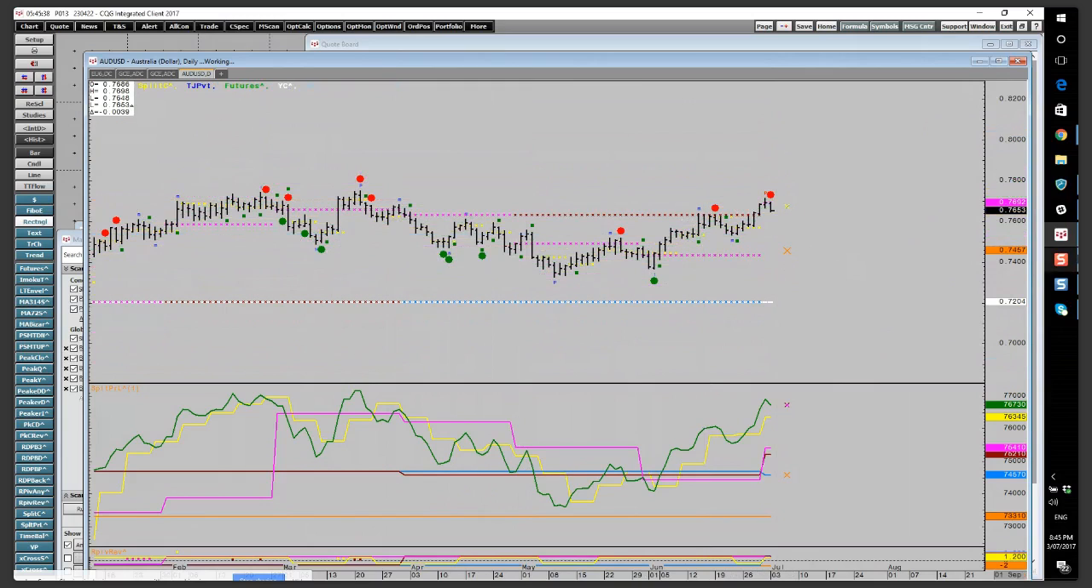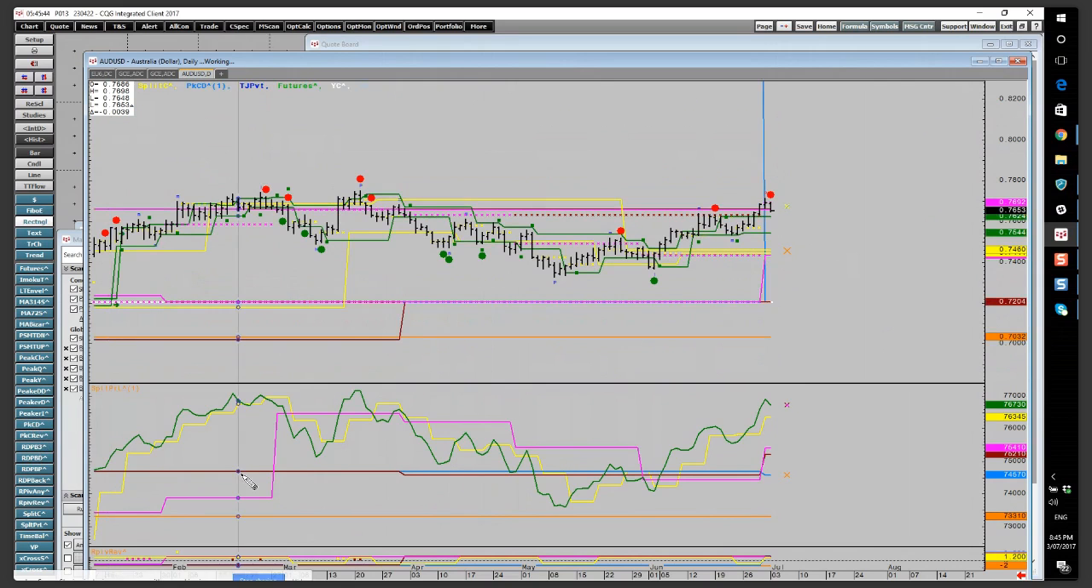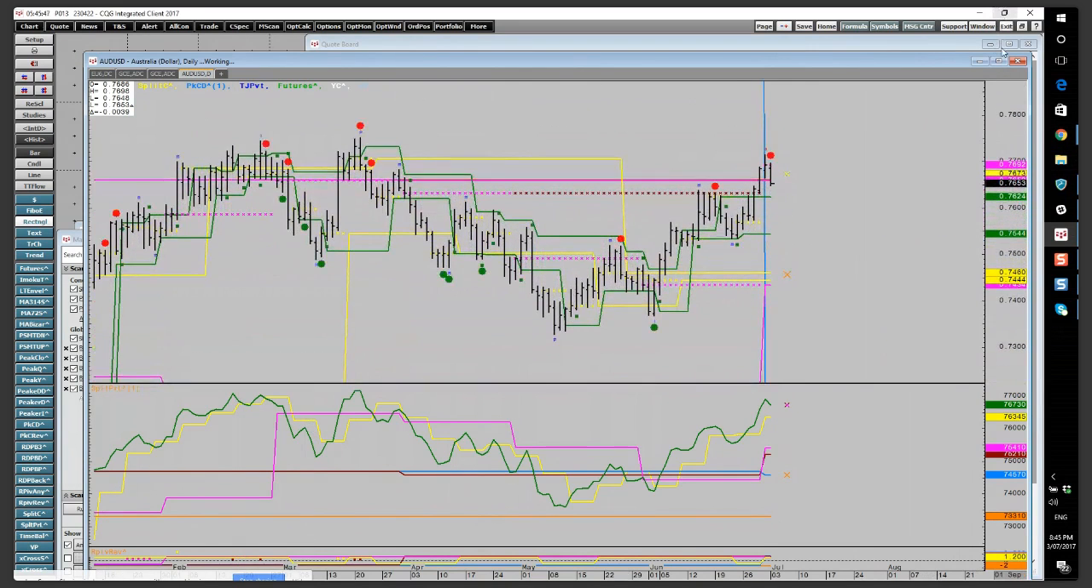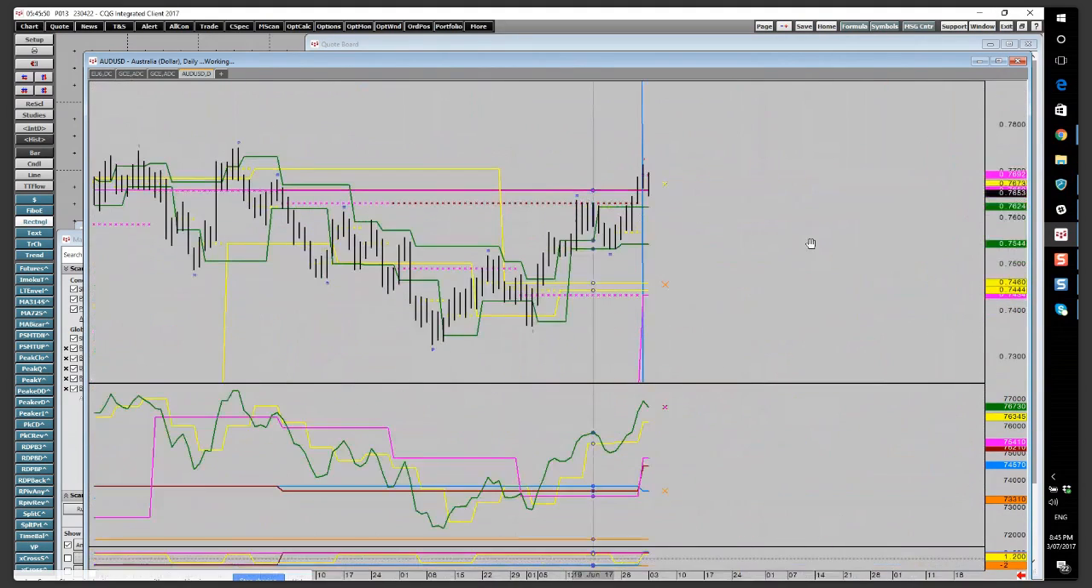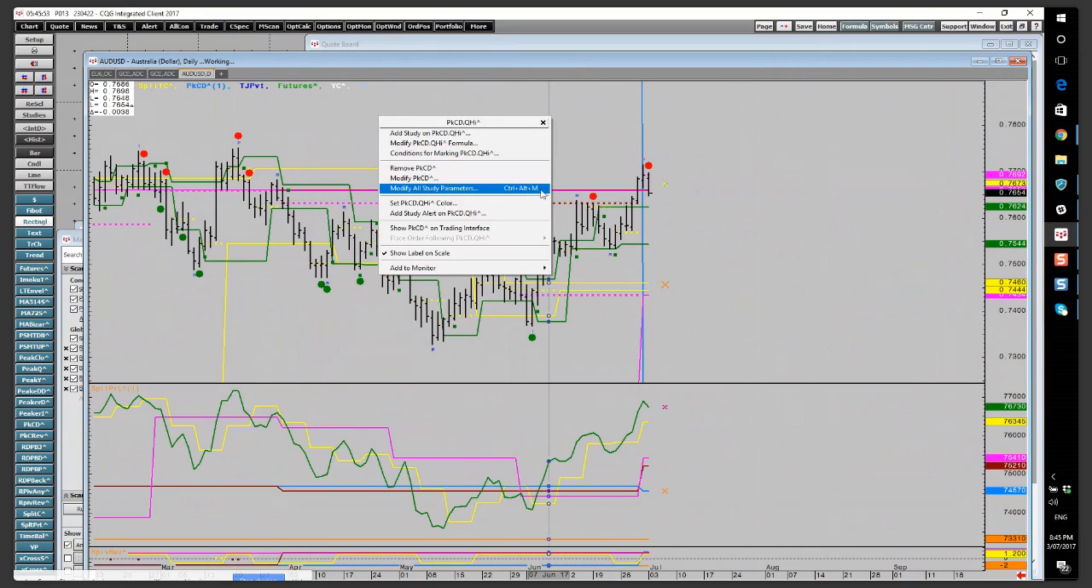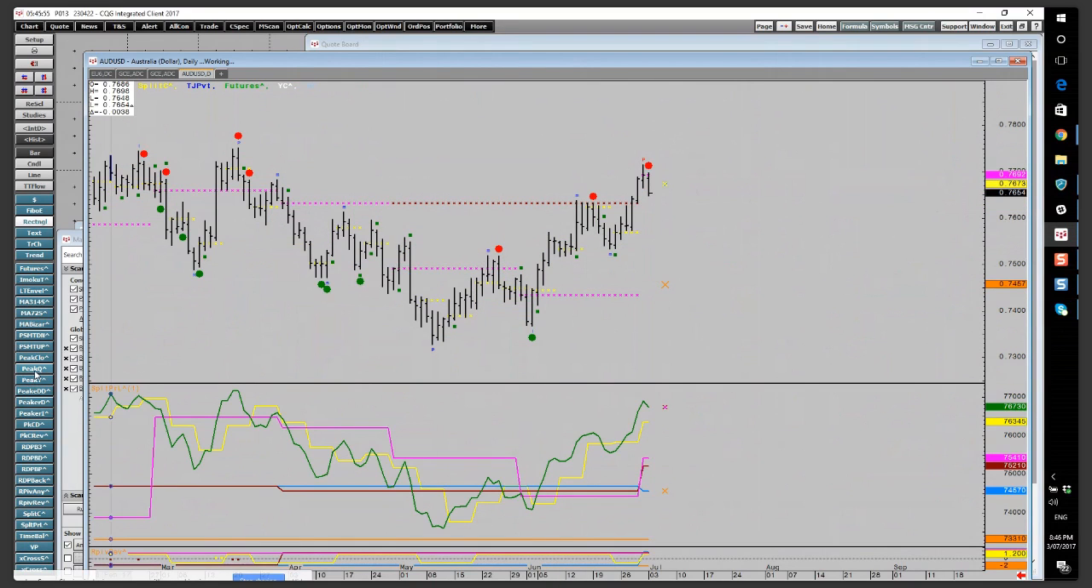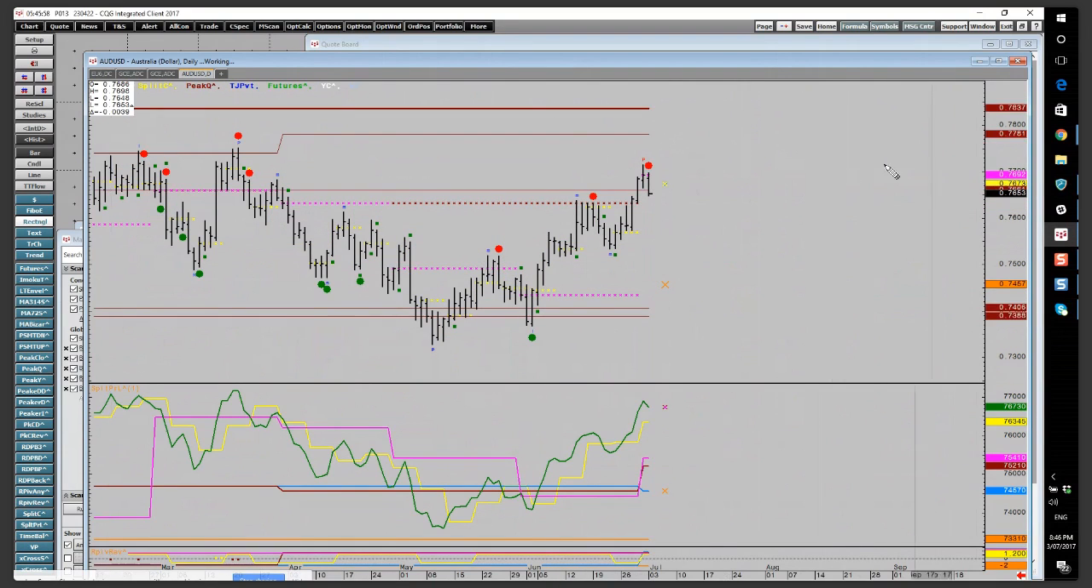I'll just take some of this stuff off. So the major level for the Aussie is, hang on, just bear with me, folks. That's not it. I think it's this one here. Yeah, this is the one here,